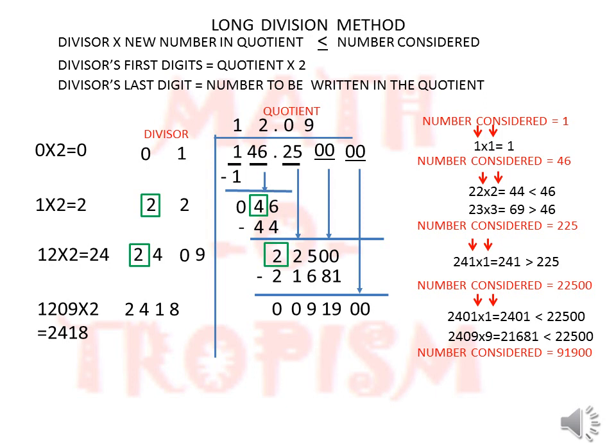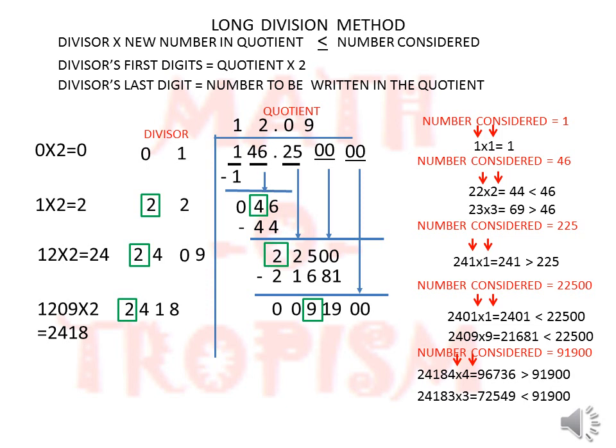Now what number are we going to put in both the divisor and quotient? For that we need again the first digit of the new number considered and the first digit of the divisor. So what is it? 9 and 2. Where does 9 come in the 2 table? It comes in 4. So 2418, 4 into 4 is what I am going to try first. It will come to 96,736, which is greater than 91,900. So now I need to go to the next lower number.